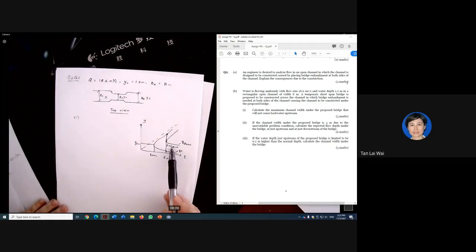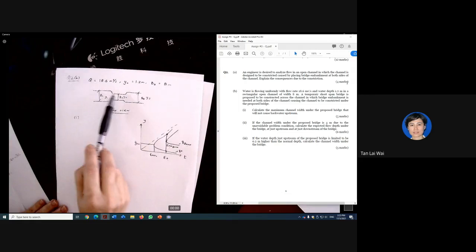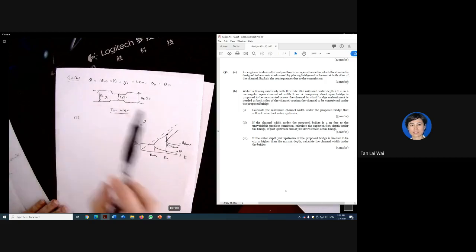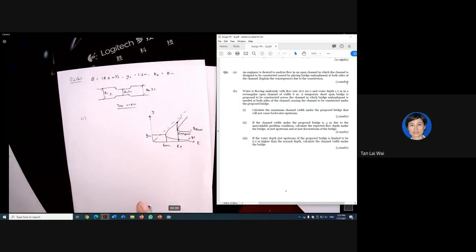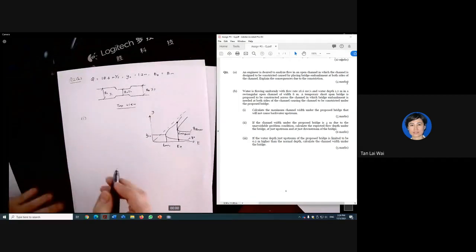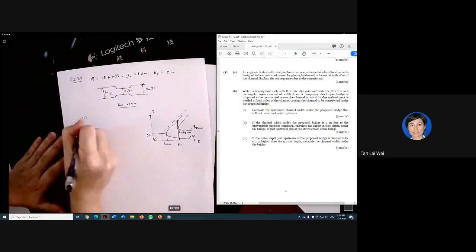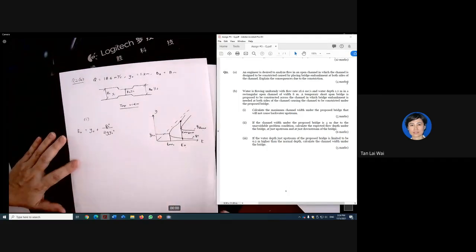That means at case 2, my E min at this location is actually equal to E naught, at this location or when there are no changes, when B is B naught. Now, can I find E naught? Yes. The first step would be to find my E naught here. So E naught is Y naught plus Q squared over 2g Y naught squared. Now here's the thing, I'm going to put naught here. Now what is my Q naught?